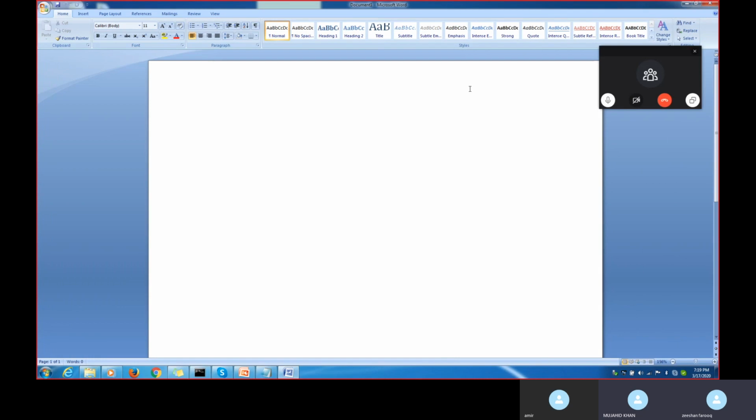So last class we discussed how to create the table, and then we saw how to insert values into the table. Then we saw how to drop, delete, and truncate the table, and how to alter and update the table.